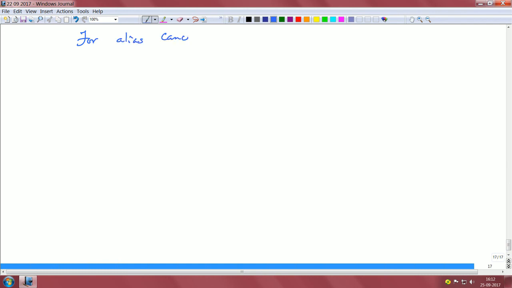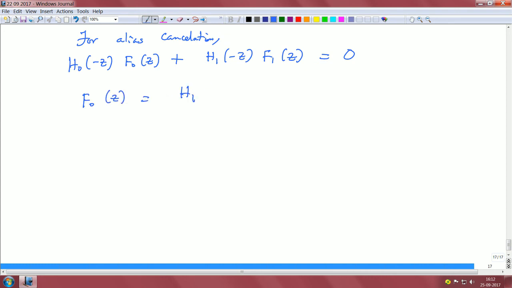For alias cancellation, h naught of minus z f naught of z plus h1 of minus z f1 of z has to be forced to 0. One choice is to have f naught of z to be h1 of minus z and f1 of z equals minus h naught of minus z. Now, you plug in f naught and f1 to be these values that are given here, and you can see that it is indeed vanishing,